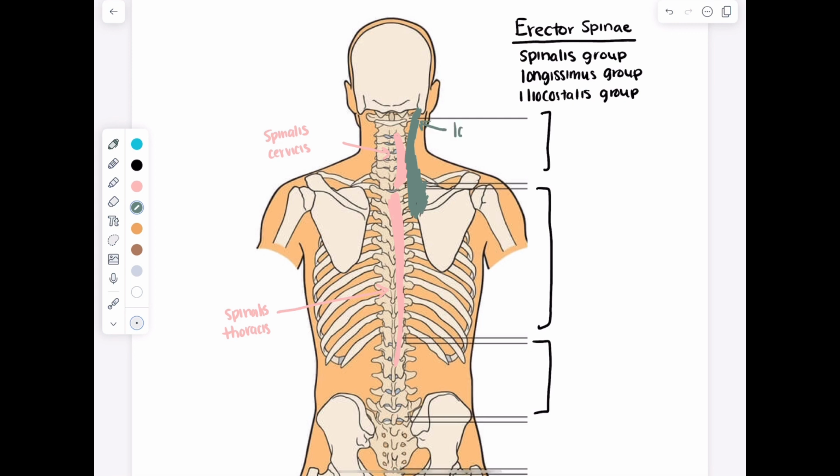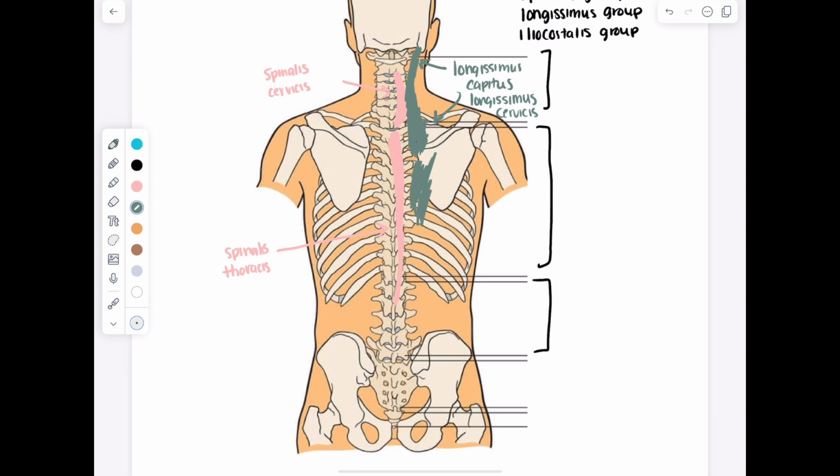So longissimus capitis, which is going to intertwine then with longissimus. And again, this is just based on what part of the spine it is attaching to. Cervicis is the cervical part. And then from there, we kind of have those two. Then from there we have our